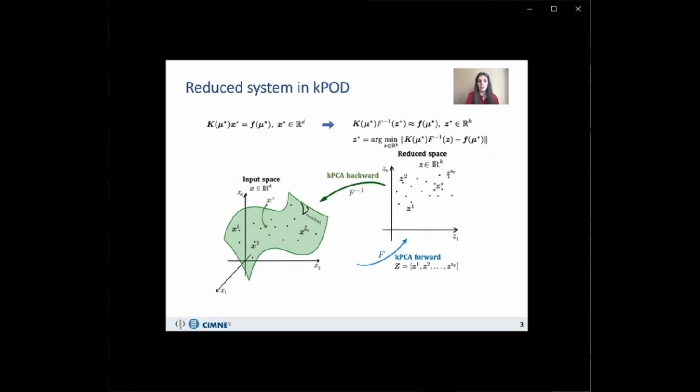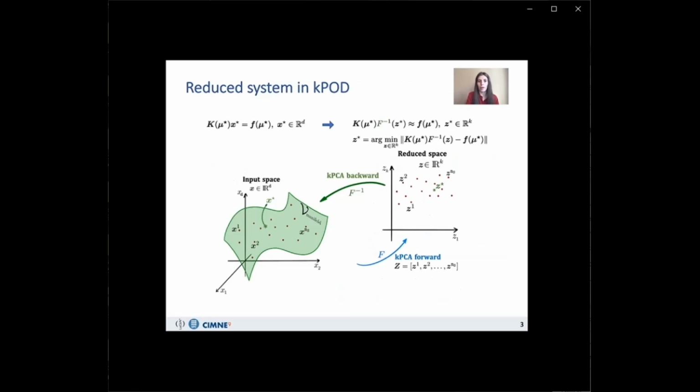The system for a new mu star in the original space with unknown x star can be written in reduced form in terms of a new unknown z star in the reduced space, where f to the minus 1 stands for the KPCA backward mapping that sends any z in the reduced space to the corresponding x in the manifold of solutions. The reduced problem can be solved by minimizing the residual of the system, and to compute f to the minus 1 of z in the residual,